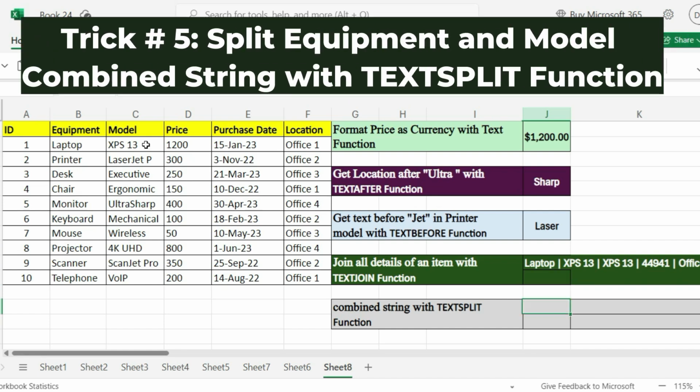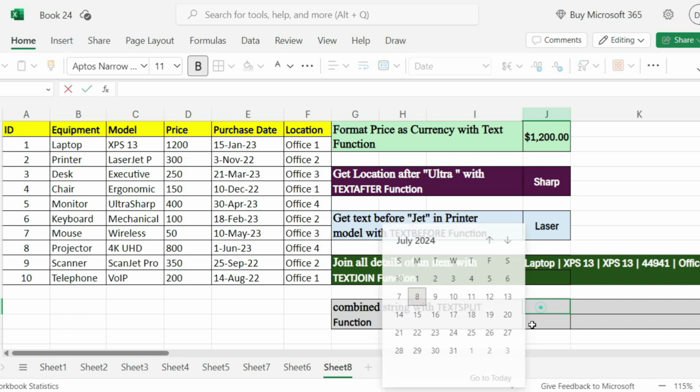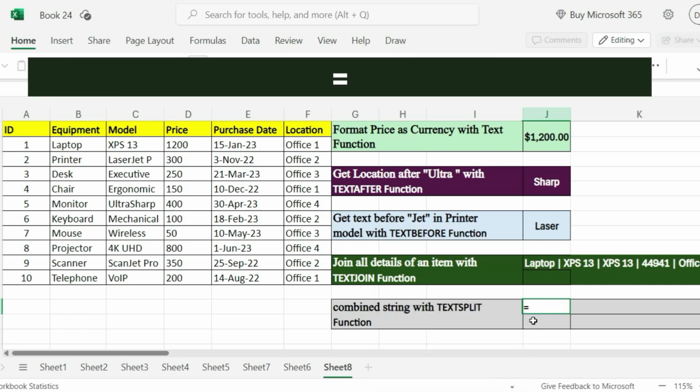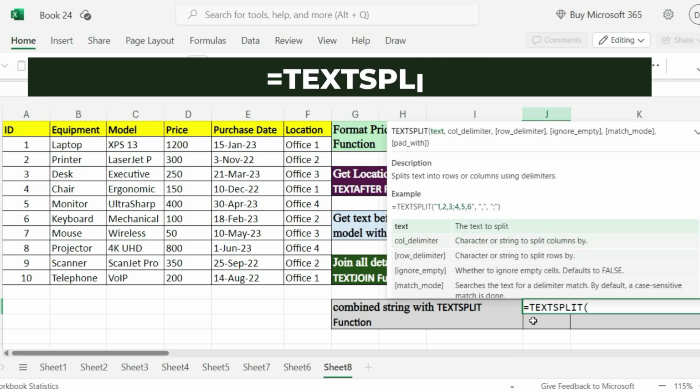Trick 5. Split equipment and model combined string with TEXTSPLIT function. Finally, we'll use the TEXTSPLIT function to split a combined text string into separate values. If we join the equipment and model in cells B2 and C2 and then want to split them, we can use equals, TEXTSPLIT, open bracket,